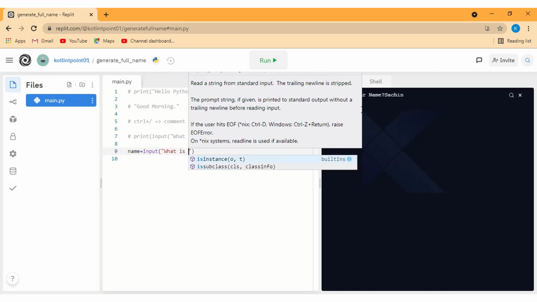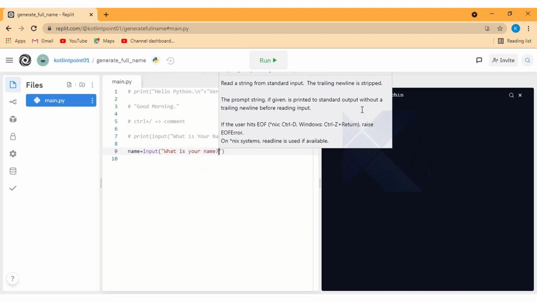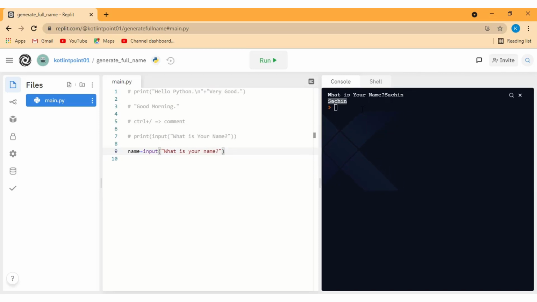This time we are storing the name of the user in the name variable. So name is nothing inbuilt, but it is defined by the developer as per the coding requirement. We store the name of the user inside the name variable, and next I can print the name of the user here.